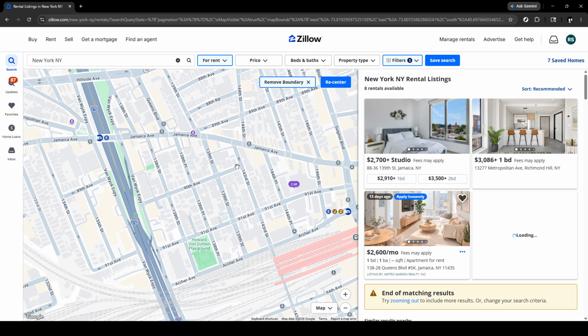For pinpoint targeting, use the draw tool to outline a custom boundary. Trace along a transit line you rely on or circle the area